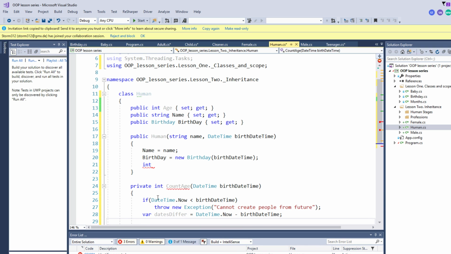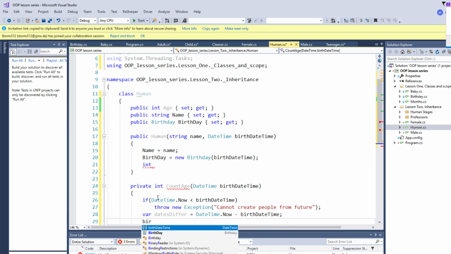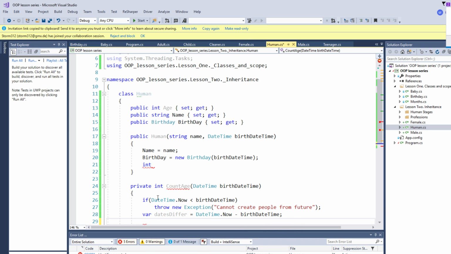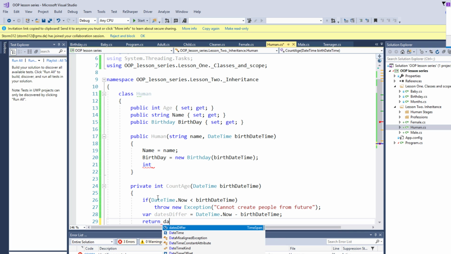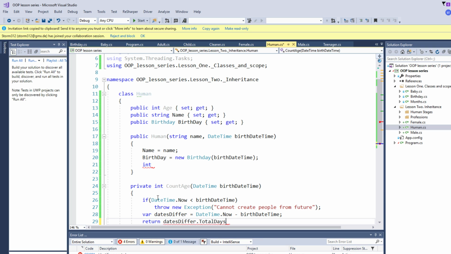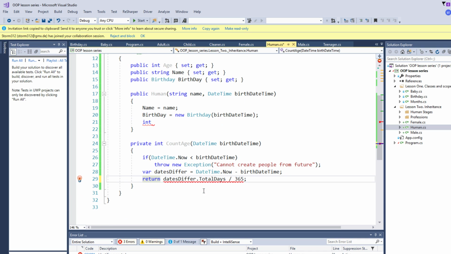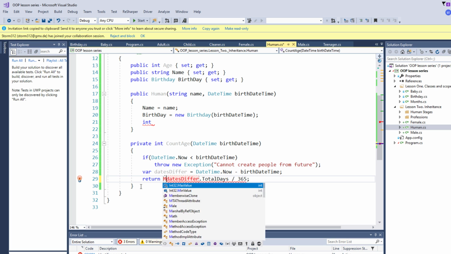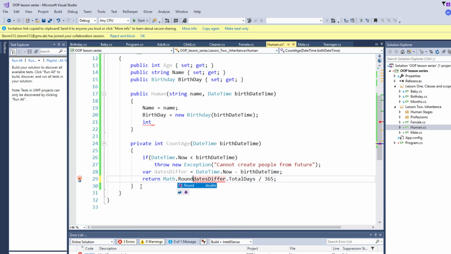And the difference in years is the age of a person. So we return total years, total days divided by 365. And we cannot do it directly because it's a double. So we use Math.round,